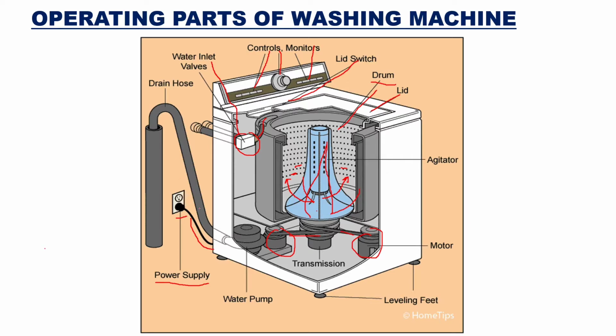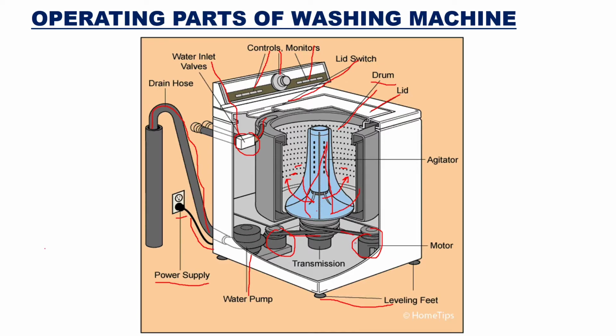And then here you have your drain pipe, where whatever waste water you want to remove after the washing will go into the drain pipe. Okay, and this is the water pump where the water is pumped. And below you can see the leveling feet, where the washing machine is properly installed on the ground. Okay, so the main thing over here is once you turn on the power supply,